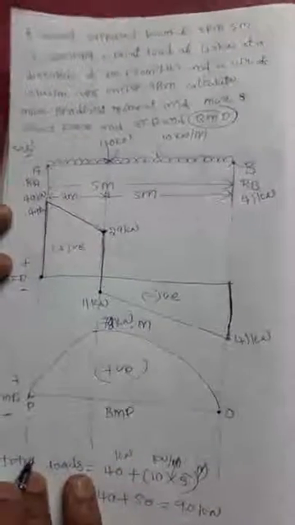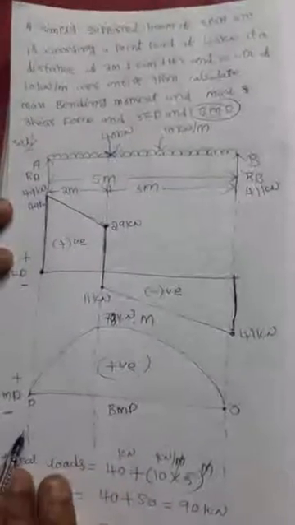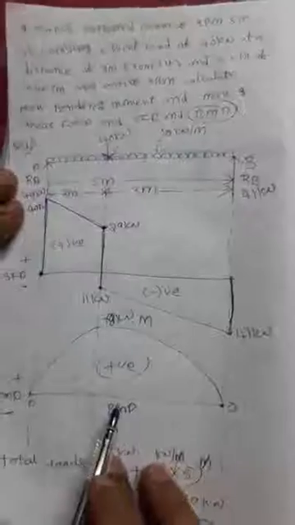Here, luckily, you cannot get the point of contraflexure. If you get the point of contraflexure through the BMD diagram, some additional procedure is there, for finding the point of contraflexure distance from supports. That distance is also in meters. But here there is no point of contraflexure, so the further process is not required for this diagram. The BMD is completed.